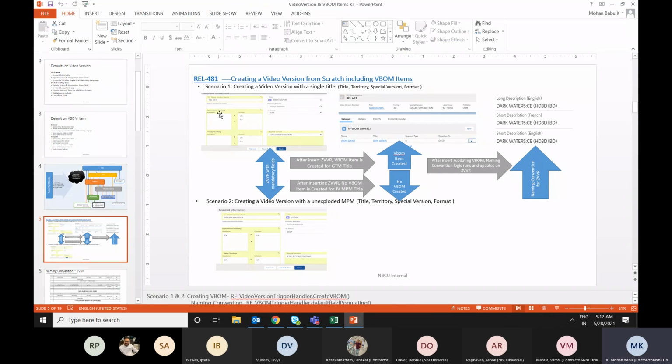So basically, whenever we create a video version with the GTM title, one VBOM item will get created. But if you create the video version with the JV only title, then we won't create any VBOM items.